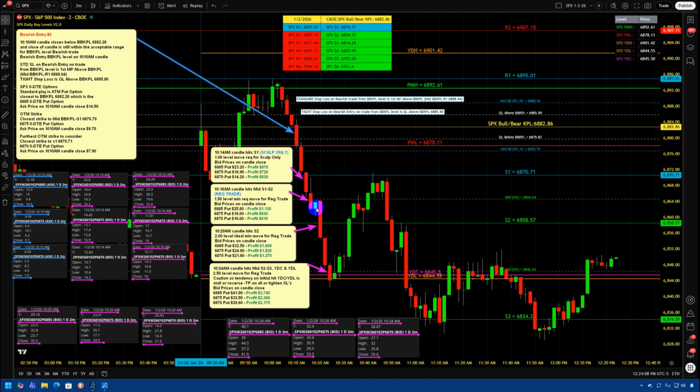Now we had a little sideways move on this next candle, and then we had a very forceful candle down, slicing through S2. So we had the S2 hit on 10:20. These are the data boxes here. Two-level ideal minimum move. What's meant by the ideal minimum move is that on